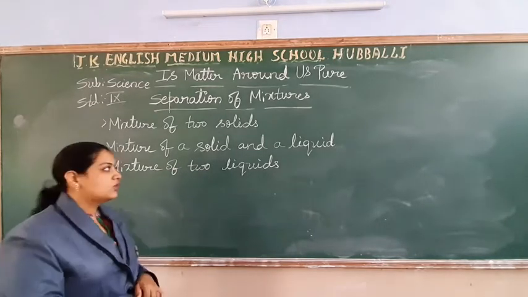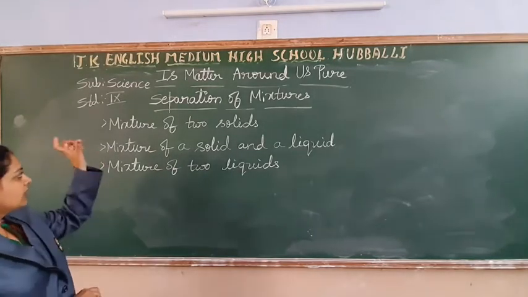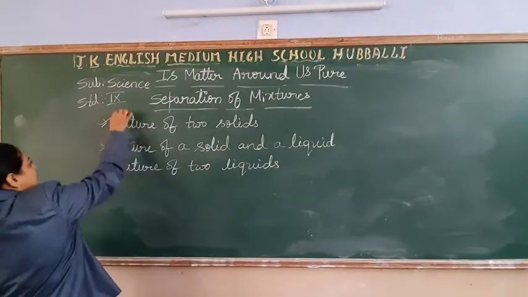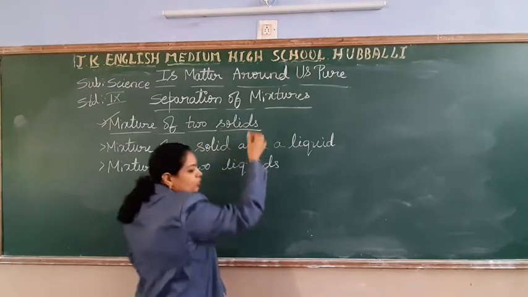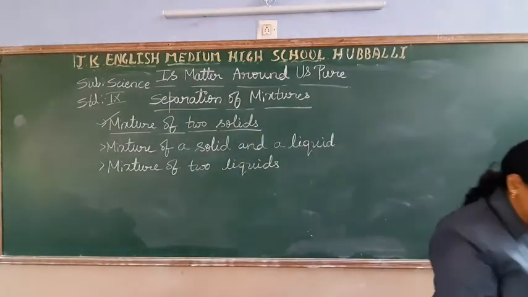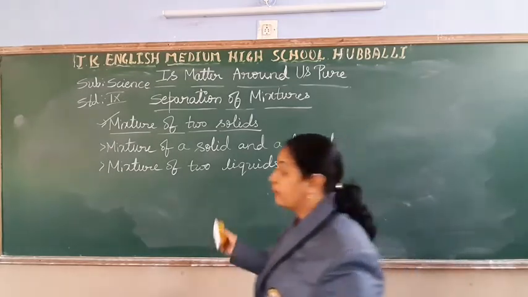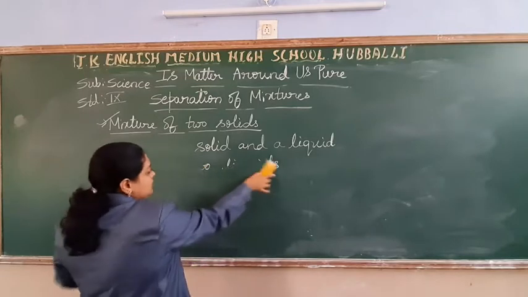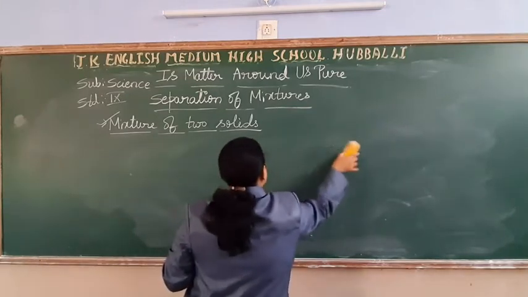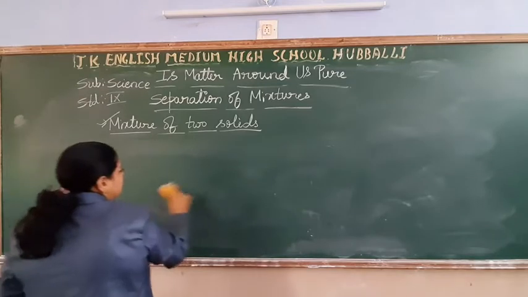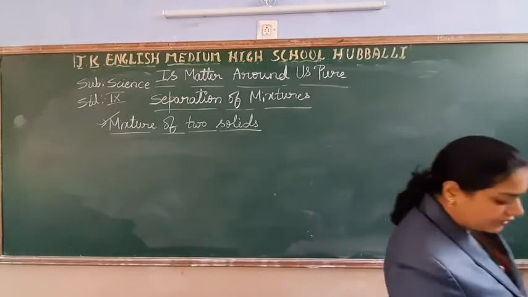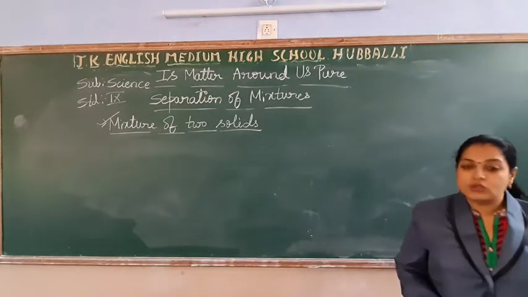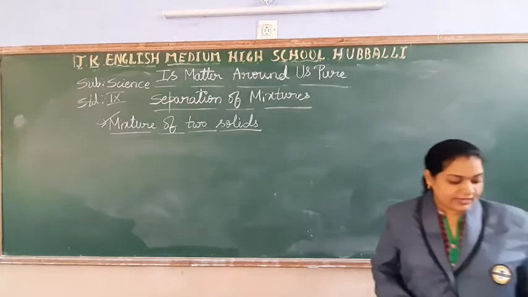Okay, students? Let us study one by one because in each there are many types. Today we are going to discuss the mixture of two solids. If you are taking two solids, how to separate them, what are all the methods, we are going to discuss. Hope you understood this, students. So the first one is the mixture of two solids, the separation of a mixture of two solids. In this we find three types, students.